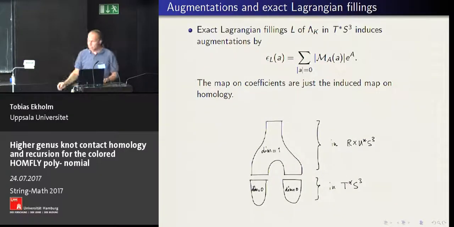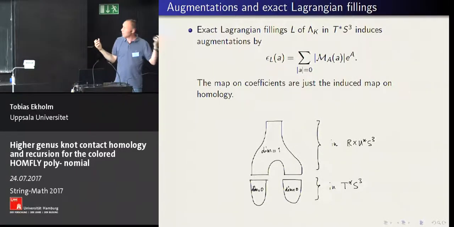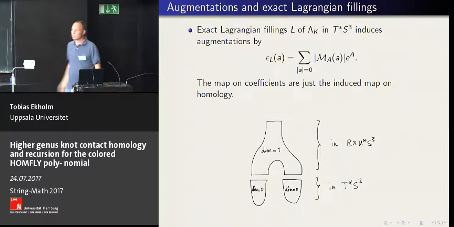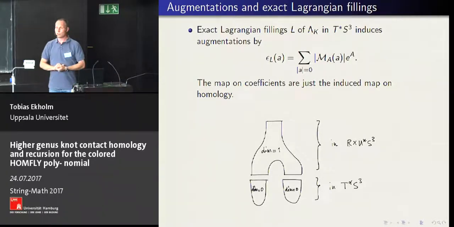So the next task is to try to relate the two things. So we have this derivative of the Gromov-Witten potential, and we have the augmentation variety, and they should be somehow related. And the starting point for this relation is the fact that if you have some exact Lagrangian filling, it doesn't matter so much what it is, but